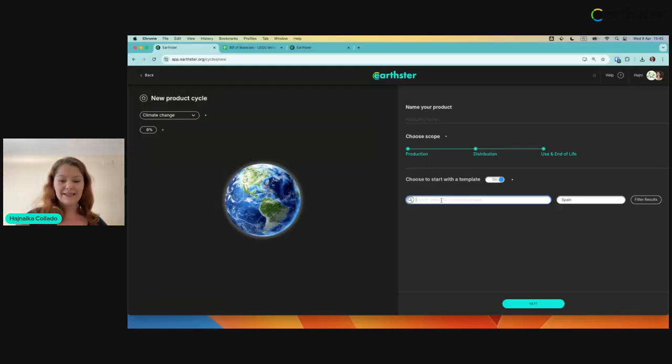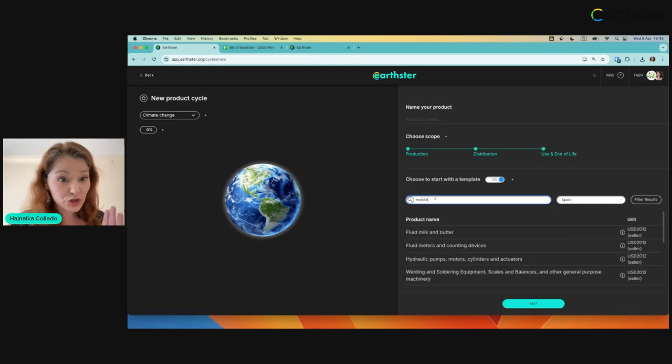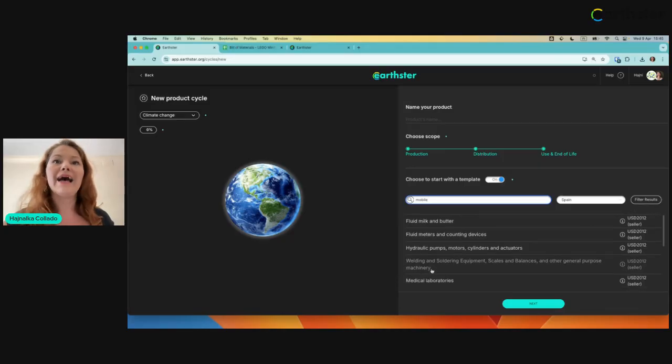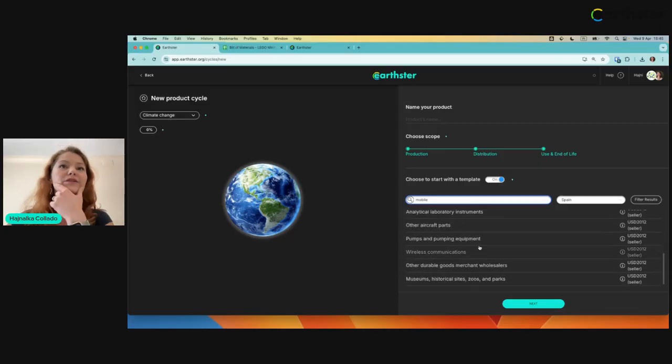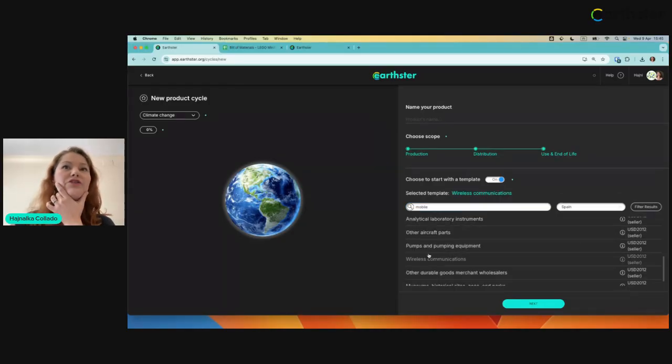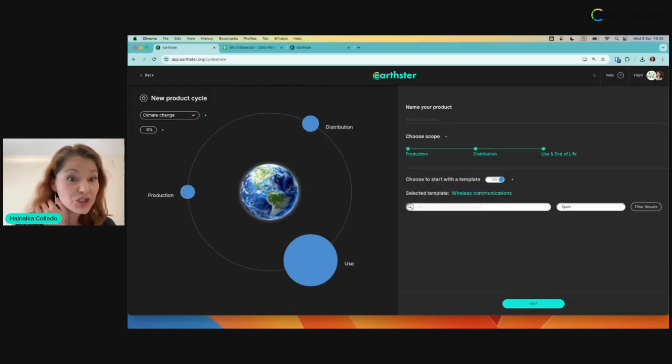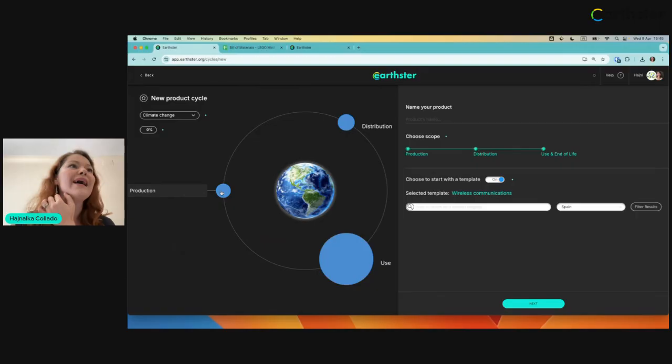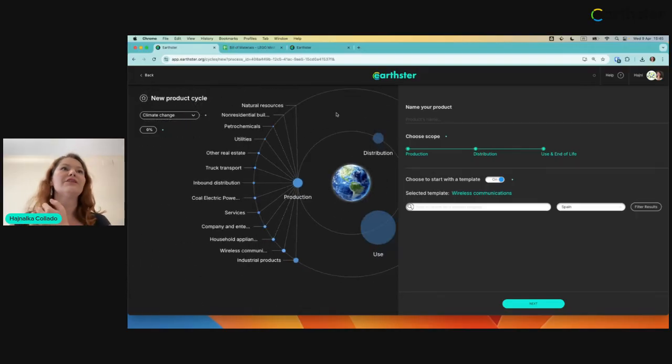For example, let's see, mobile phone. This is a different search than the database. It does not search for you every single dataset. It just looks for the templates. And the USEIO data, like templates, there's around 440. And what happens is that you find a good one as, oh, I'm curious how it is. You click wireless communications. It previews, it shows you how the model would be, and you can create a cycle